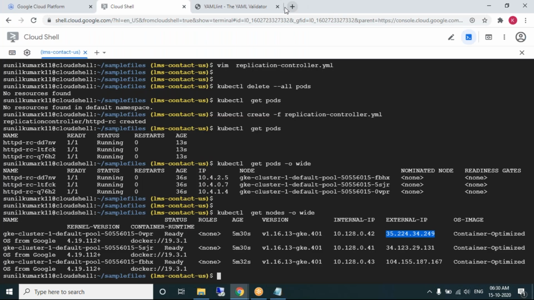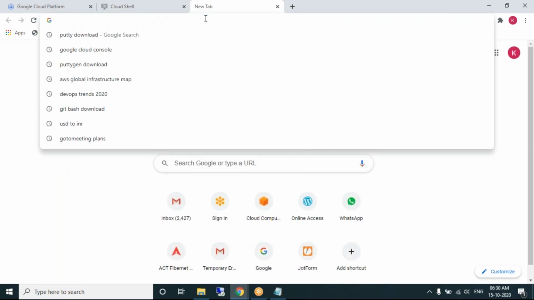It works. This is the default page of httpd. It is working. So we have seen a replication controller.